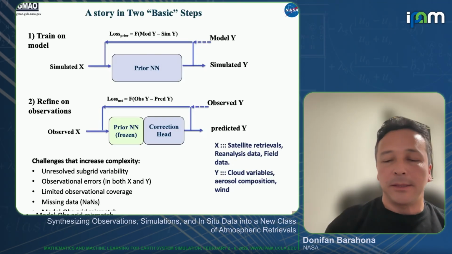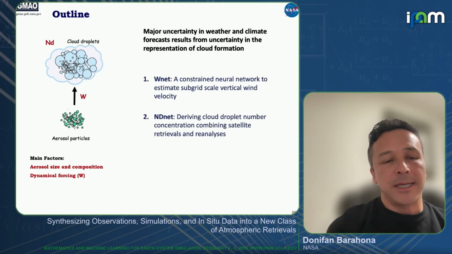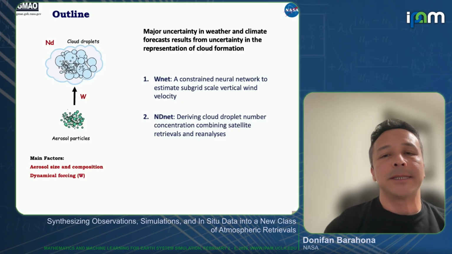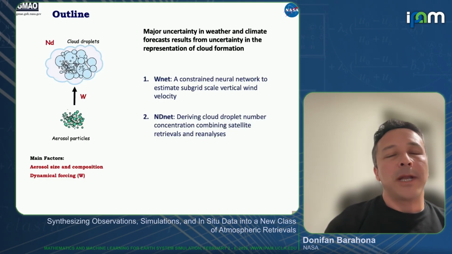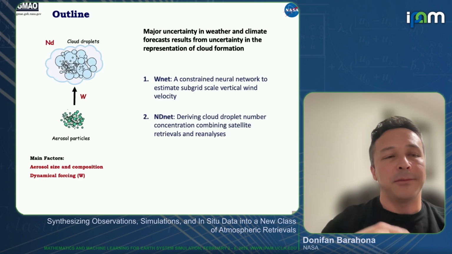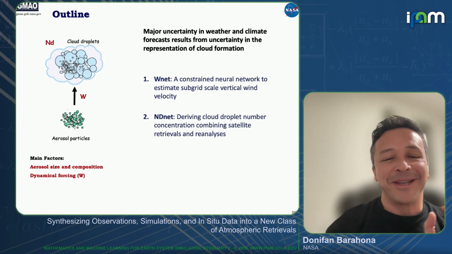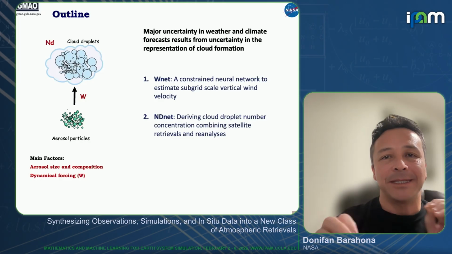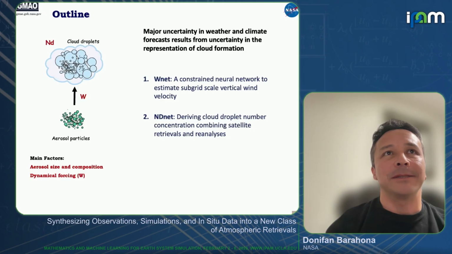So that's the context, the introduction that I want to give here, and how we're doing this. And I'm going to go into a little more detail on a specific variable that we are interested in, and that's because I'm a cloud physicist. So we're interested in cloud variables here. I'm not going to go deep into the fundamentals of cloud physics. I'm just going to give a very short explanation of why we are interested in these variables, and then stick to the machine learning part of this.